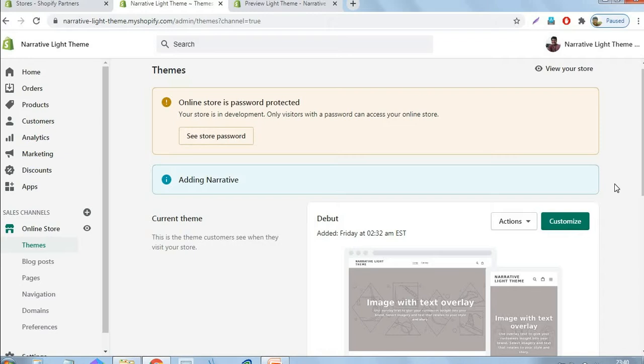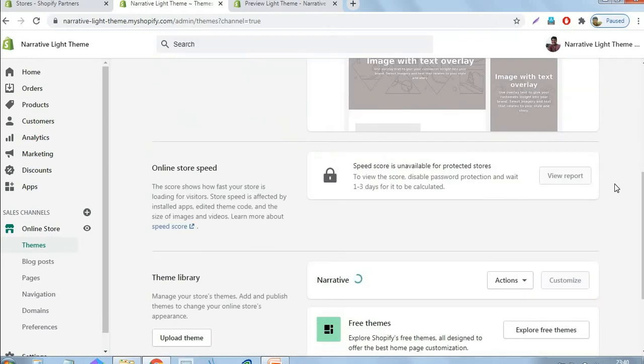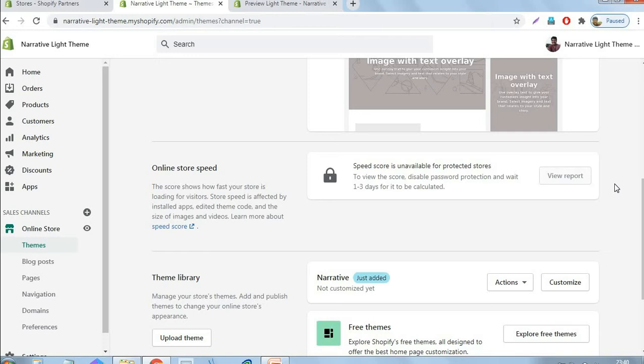This theme is very good for small catalog products. If you want to sell a small group of products, this theme is a perfect fit. It takes a few seconds to add to your theme library. Just wait. Okay, the theme was just added.